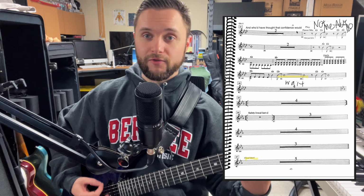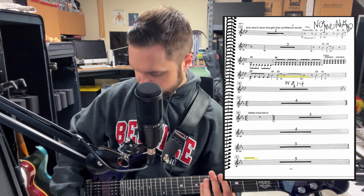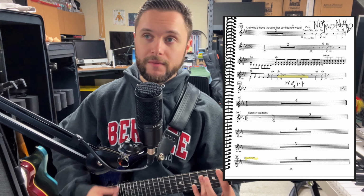So for example, in the song Not Me, I'm tacet for the first half of the song. So if I want to come in at the right time, I'll find specific parts of the music, like right here for measure 20, there's a vocal line, "asked the questions." And then a couple measures later, I have the cue, "and who'd have thought that confidence would?" So that means, okay, I'm getting ready to play, and "confidence would," okay, I'm getting ready. And then I hit my note on the word "not," so that when that word comes in, I know that I'm supposed to play Not Me,